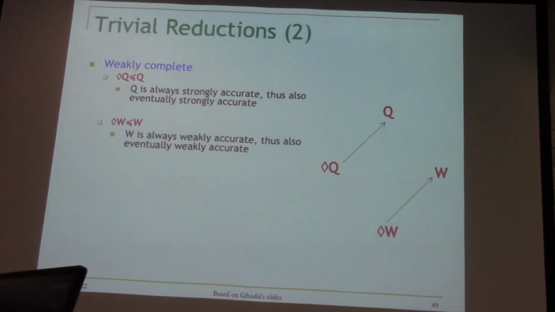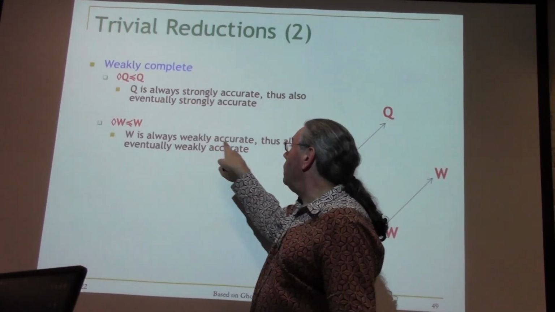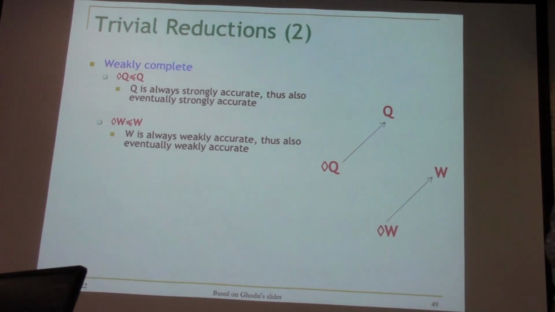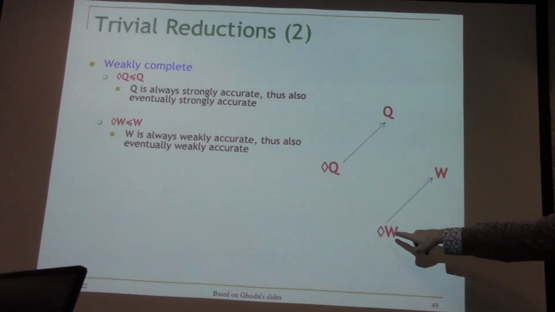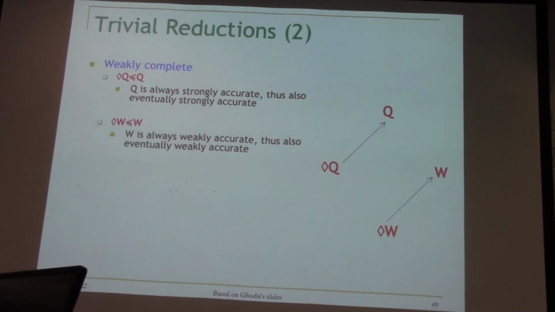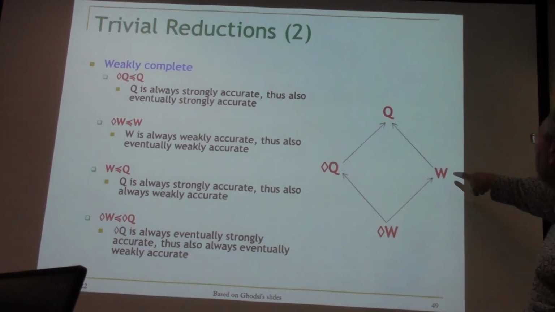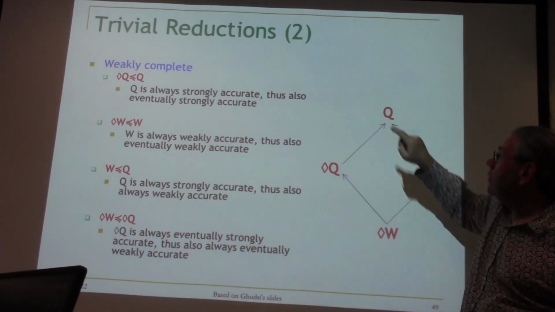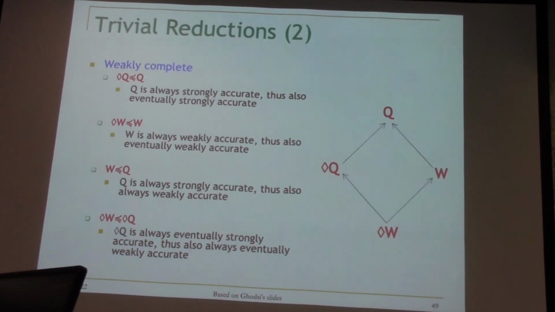We can go this way. W1, which is weakly complete and weakly accurate. Oof. You get a headache just thinking about a thing like that. But from eventually, you can always reduce it to the not eventually. And you can go on like that. Let me not go into too much detail. So we have these two diamonds. Out of these four, Q is the strongest, and eventually W is the weakest. Now I want to do one more thing today, and then we're done.